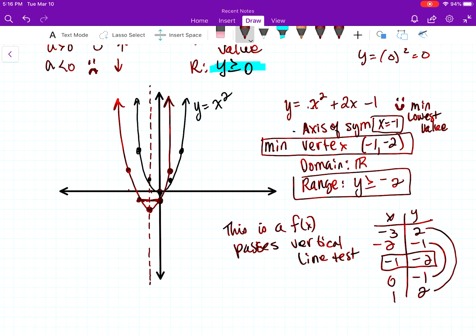I'll do one more problem in the next video. I'm going to do 2 more problems. I'm going to do a problem that's a negative a value, and I'm going to do a problem where we have a value that's greater than